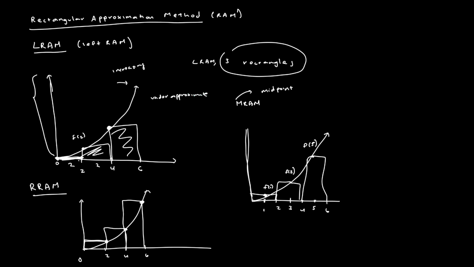But we know that because we're using a rectangle, we're always missing this extra area over here that forms because the function is increasing. But when we're using a rectangular approximate, we're not really accounting for that increasing. So that means that LRAM under approximates the area of a curve when we have an increasing function. And likewise, if we had a decreasing function and we had an LRAM, we would be over approximating because the anchor is higher than what the function will be afterwards. And then inversely, RRAM will